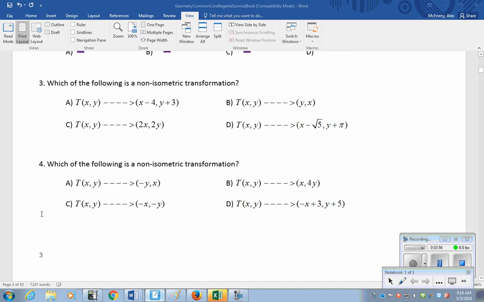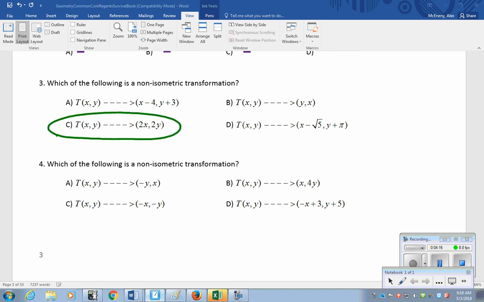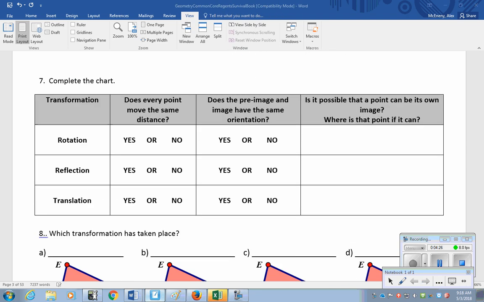Now, we're going to look at question 3 on page 3, and it asks which of these is a non-isometric transformation. Well, we just talked about before, reflections, translations, and rotations are isometric. So the only one that's not isometric would be a dilation. And the example in this case would be C, because dilations are values that they multiply with the coordinate numbers. So think about that as you answer the questions on this side. If we go over to